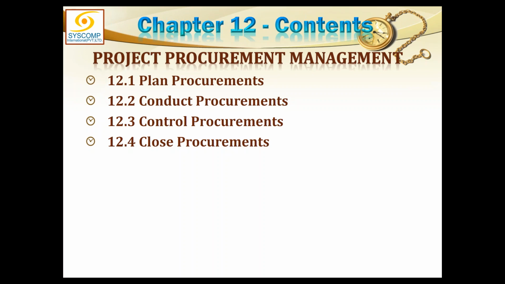It also includes a general instruction or mechanism of how the conduct of procurements, the actual execution of procurement, will happen, how the procurements will be controlled and ultimately closed. And naturally, the change control mechanism within the procurement will also have to be described in outline. This was what we were doing in plan procurements. We created a lot of documents,